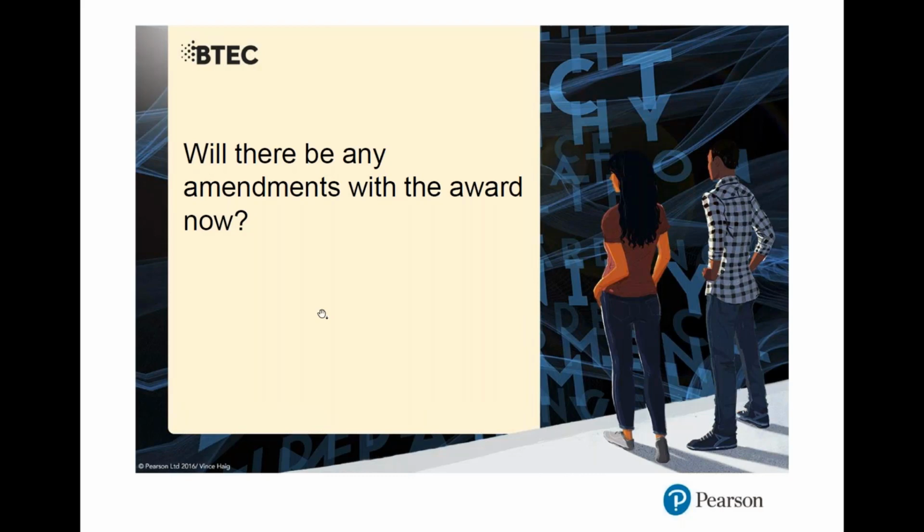We're stuck with it as it is, but with that in mind, we have to make sure that everybody feels comfortable with the requirements for component 1 and what's expected, so that students aren't doing too much work. The simple fact is that students could do a big presentation, and that presentation meets the requirements of both the learning aims. So there's a few things that we can help you with,